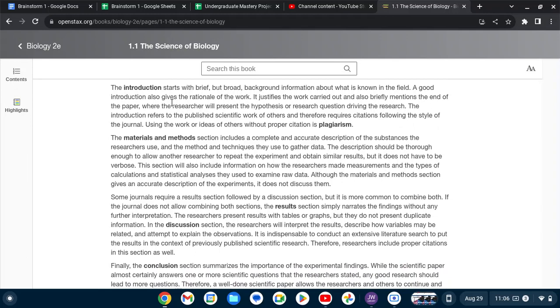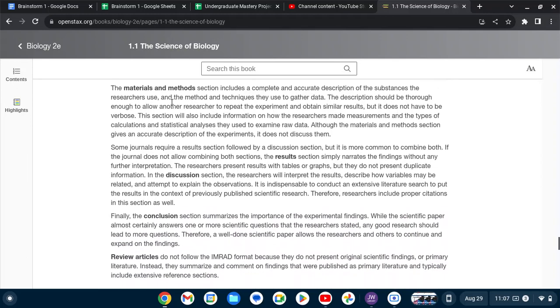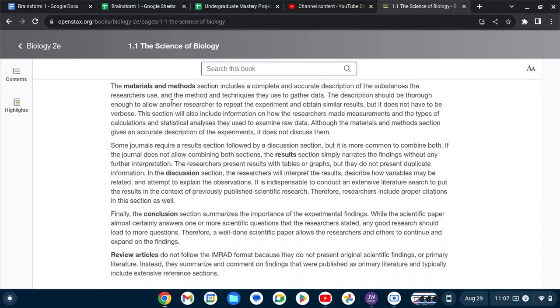The introduction refers to the published scientific work of others and therefore requires citations following the style of the journal. Using the work or ideas of others without proper citation is plagiarism. The materials and methods section includes a complete and accurate description of the substances the